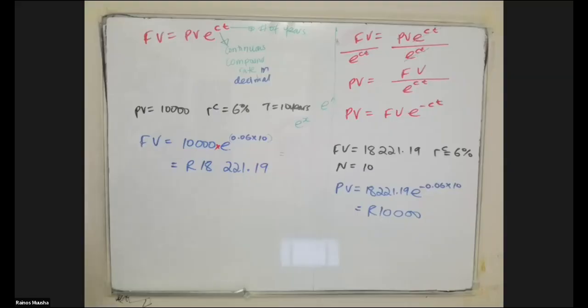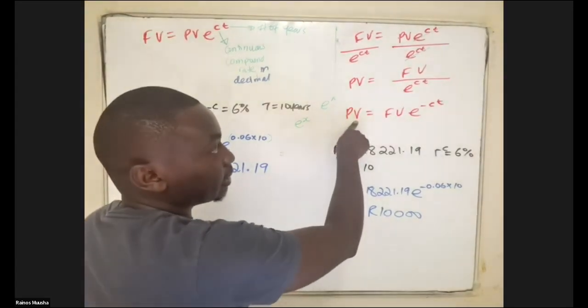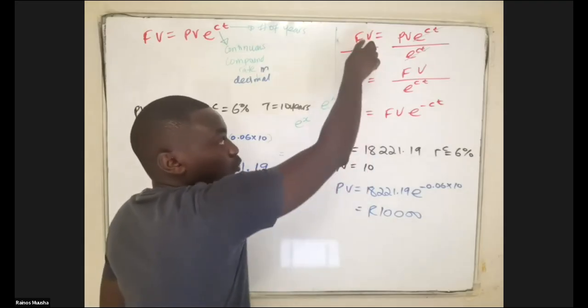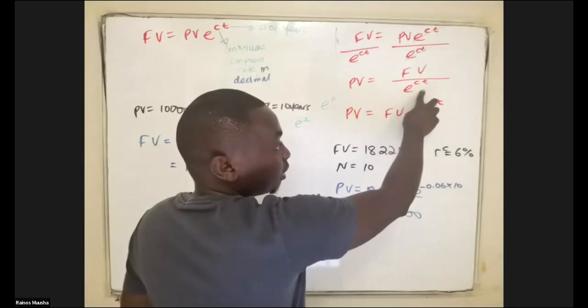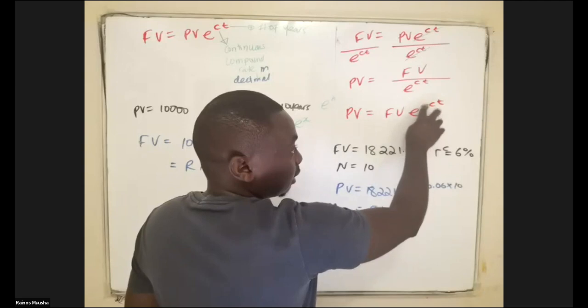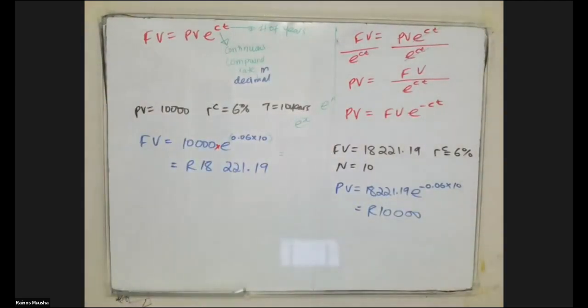So Rhino, basically what you're saying, the CT always comes with a negative amount if you are looking for present value. Why is it negative? Because when you solve mathematically for present value, this is on the denominator. So to put it on the numerator, if it's positive here, you have to make it negative, the power. So it's based on the mathematical manipulation of the formula.